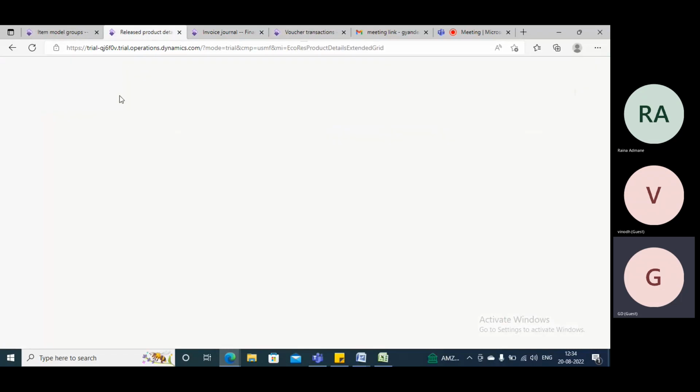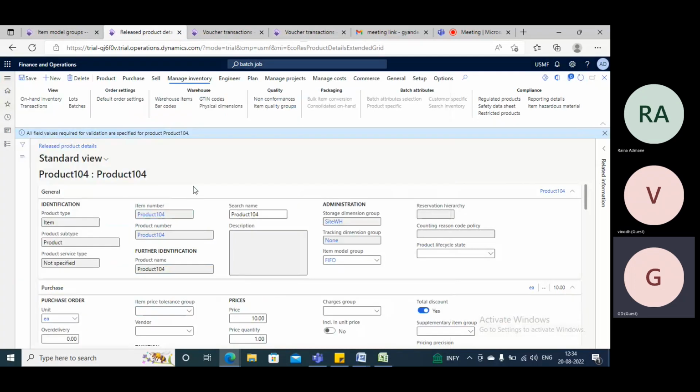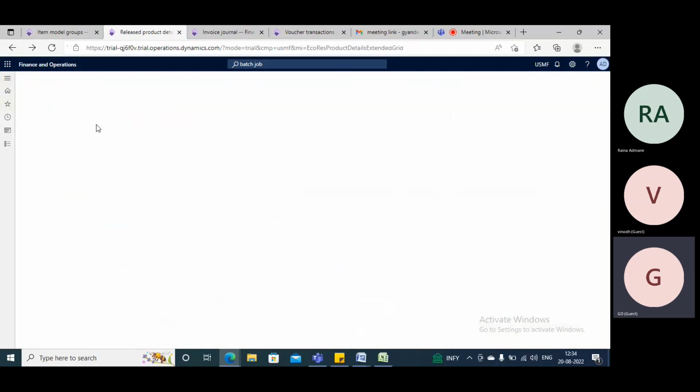Okay, so this is all about product information management. You should go one by one and explore these things, because this is the basics. What is product category? Whatever I told you about the procurement category is the same as the product category. You are assigning a product under one category, because the basic thing is that I will tell you, but